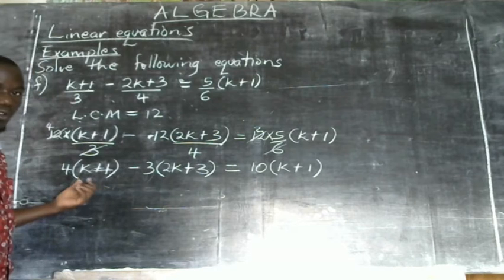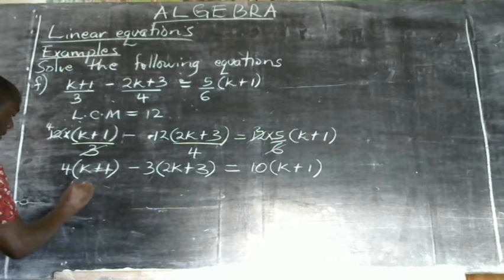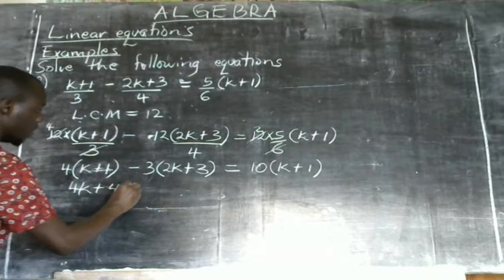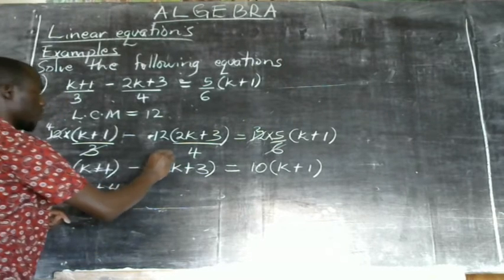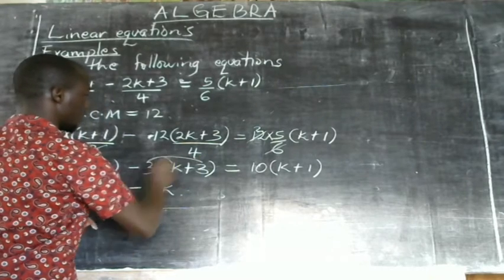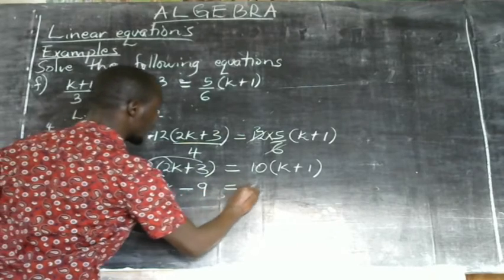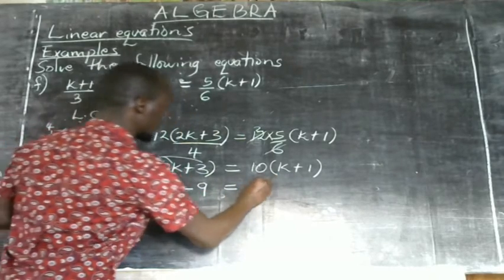So now I'm going to open brackets. So this is going to be 4k plus 4, then minus 3 times that is 6k, minus 3 times that is going to be minus 9, is equal to the 10k there